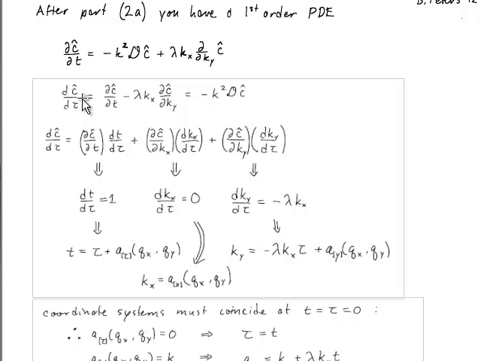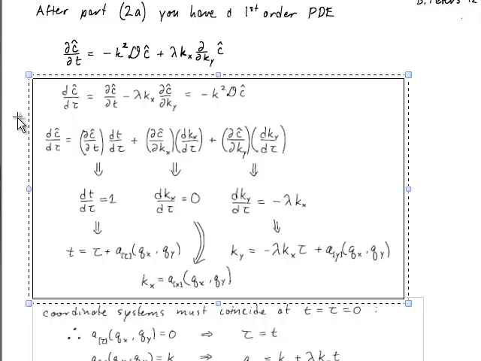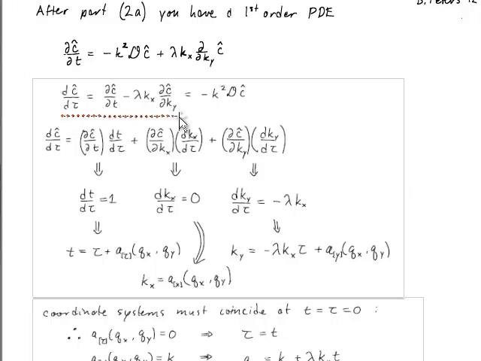So we have the derivative of c hat with respect to tau is equal to the two first order partial derivative terms that appear in my PDE, and those, after I move the c hat term over to the other side, are just going to be equal to minus k squared times the diffusion coefficient times c hat. So now we have, expanding all of this out, we recognize that what this equation really says,